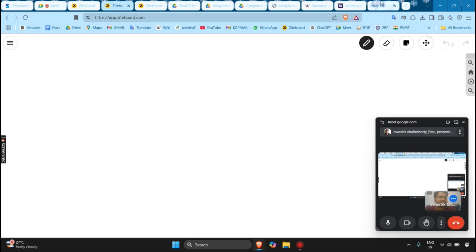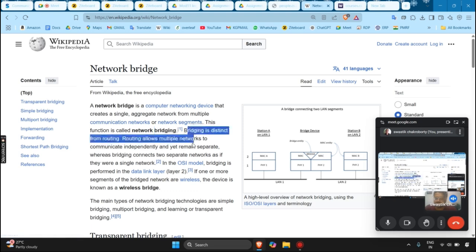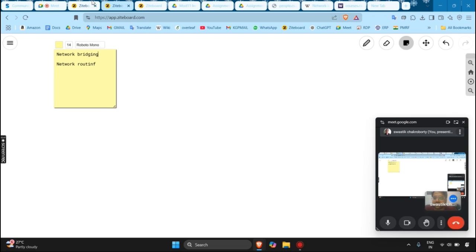First is network bridging, and second is network routing. These two are independent things. Bridging is distinct from routing. Routing allows multiple networks to communicate independently and yet remain separate, whereas bridging connects two separate networks as if they were a single network. So the main difference is that